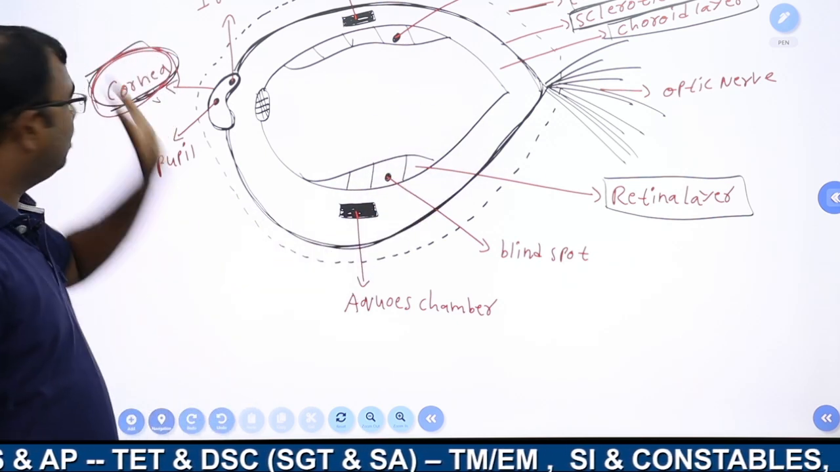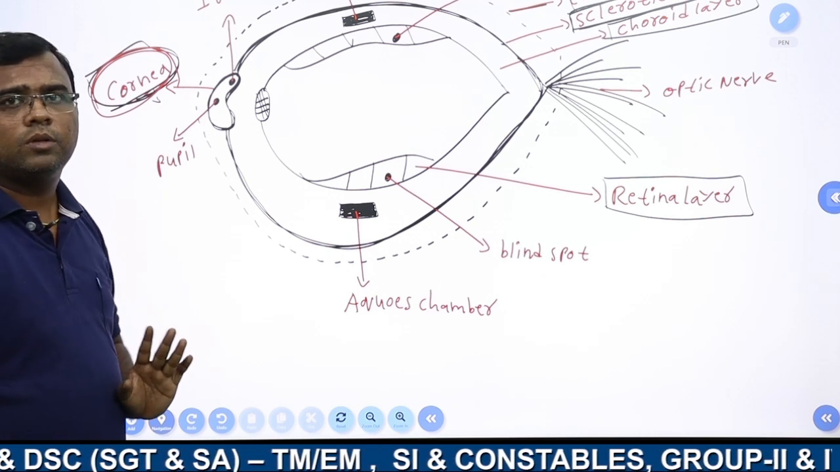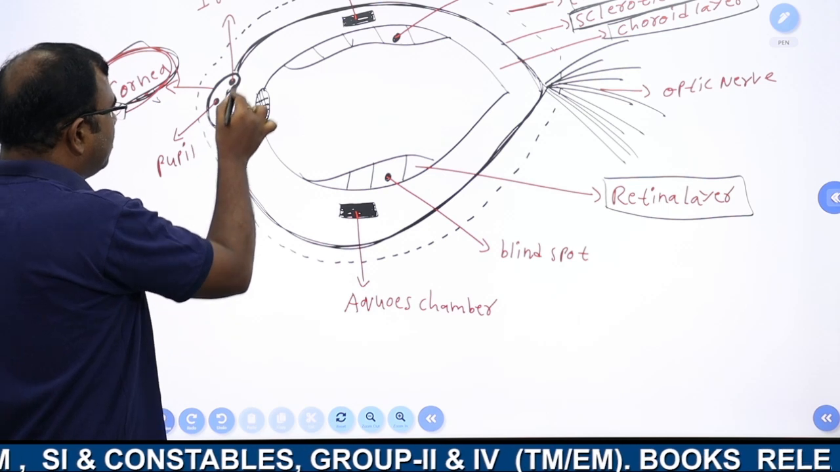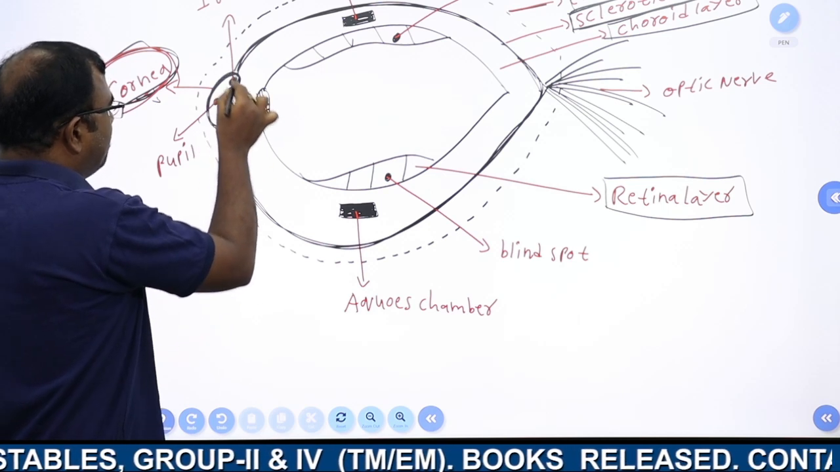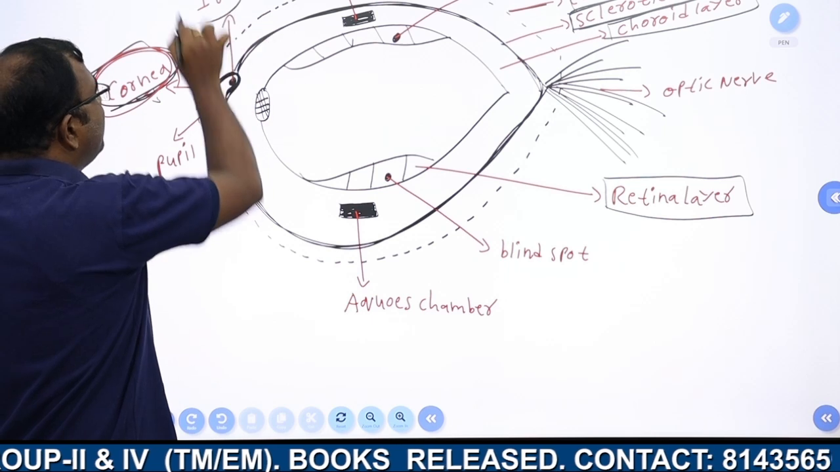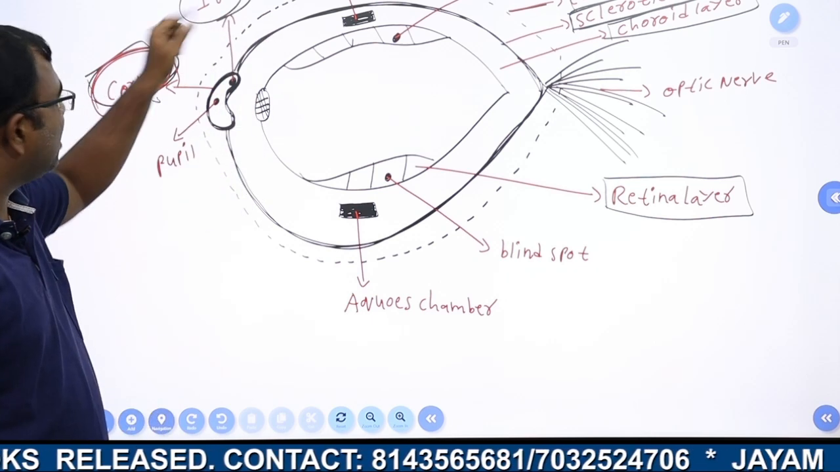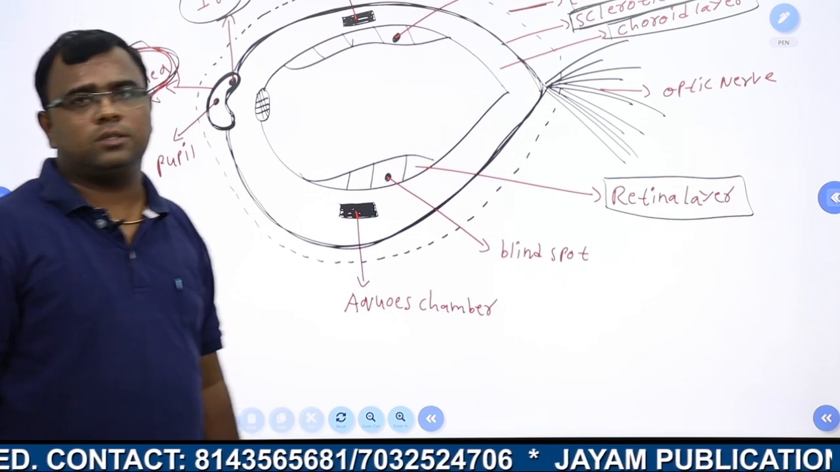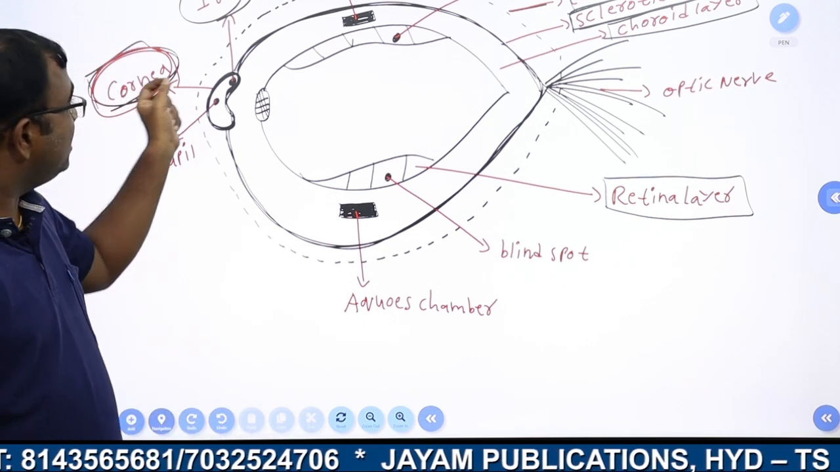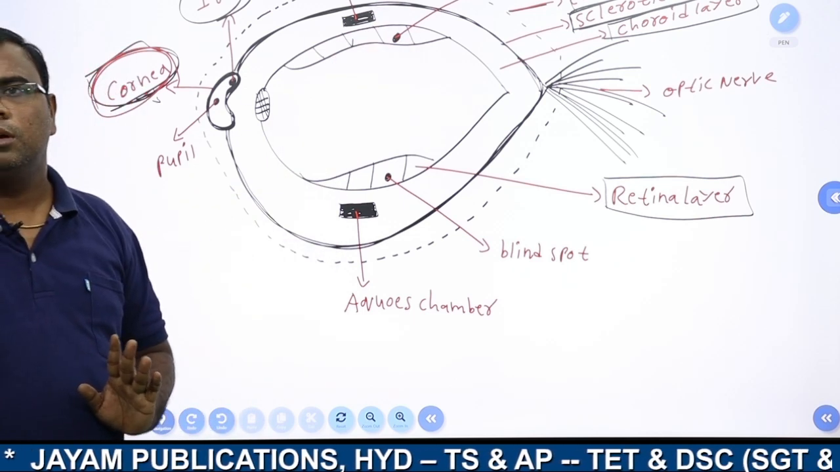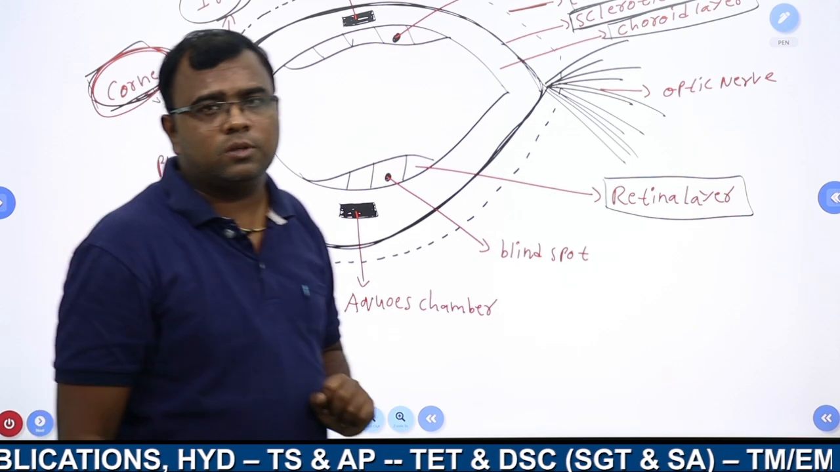This is the cornea. The back side of the cornea, look at this picture, this is the cornea. At the back side of the cornea, the iris is present. The iris is the main part of the eye. The function of the iris is,